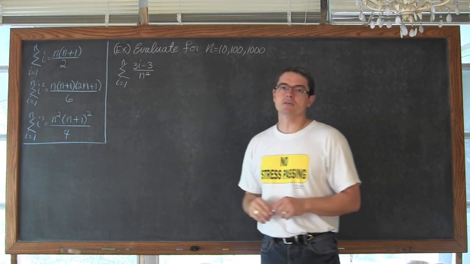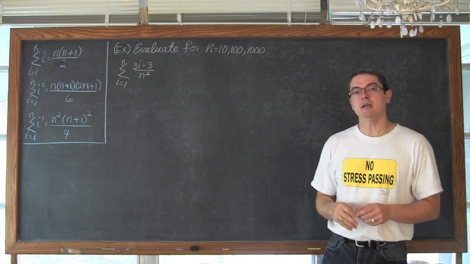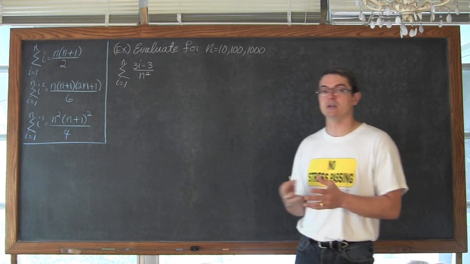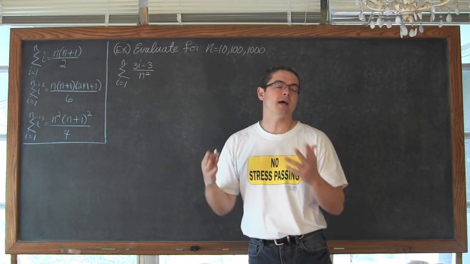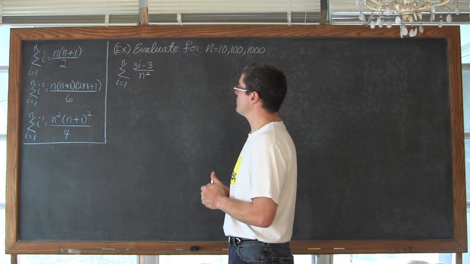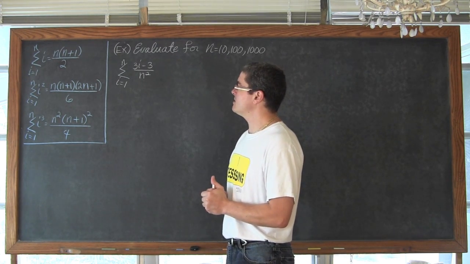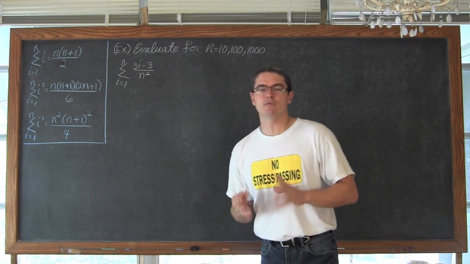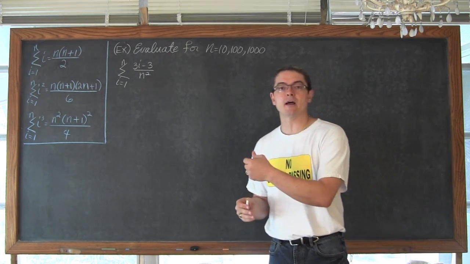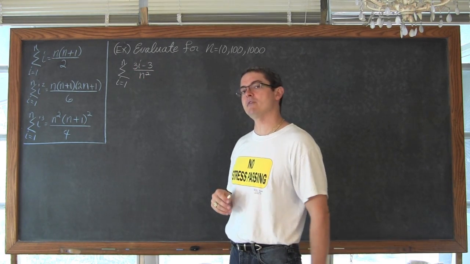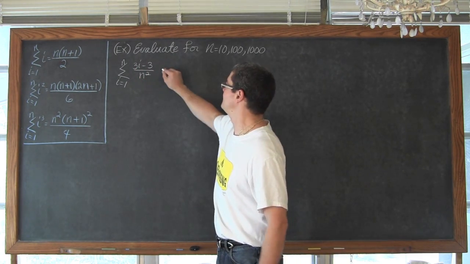I want to rewrite this so that I do not have the variable i in the summation notation. I'm only left with the variable n, and actually my final expression isn't even going to have a summation notation. So what do we want to do? Well, the first thing I want to do is recognize that first property that I showed you, where if we have any kind of constants we can pull that out front. In the numerator, both of my terms have a value of 3, so I can factor that out.